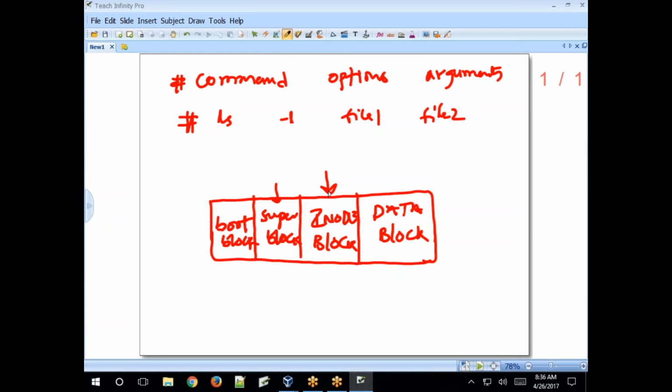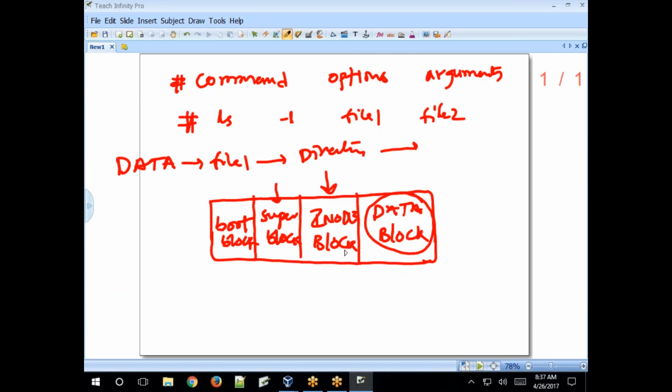Data is organized into files, right? What is a file? Data is nothing but a piece of information. That information is stored under files. These files are organized into directories. These directories are organized into a tree-like structure in our Linux file system. Clear? The data block contains all the actual data of your files.